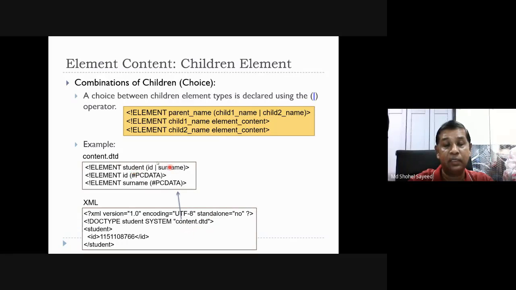This is the definition given in the DTD. Now student, ID: put the ID and end ID. So the option is OR. You can choose either one, or you can choose surname instead. If you want to put the surname, then you put the surname and finish with the end of student.